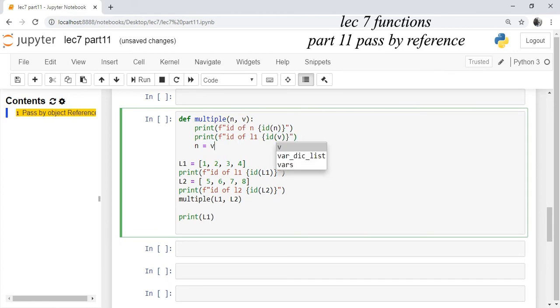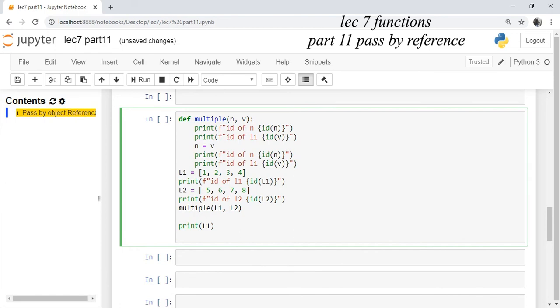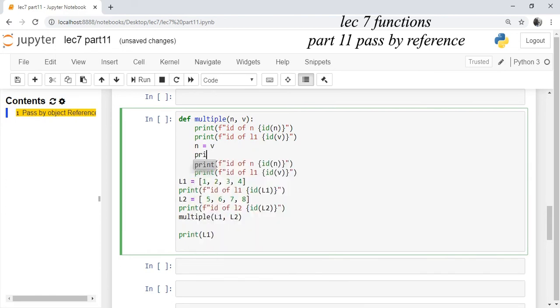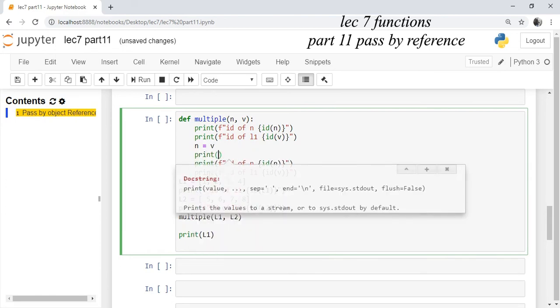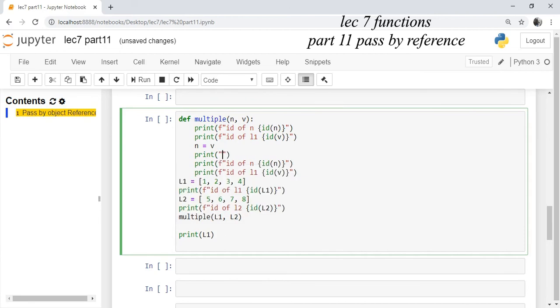Now after assigning values, we again print their IDs. We print a line so that we can segregate.